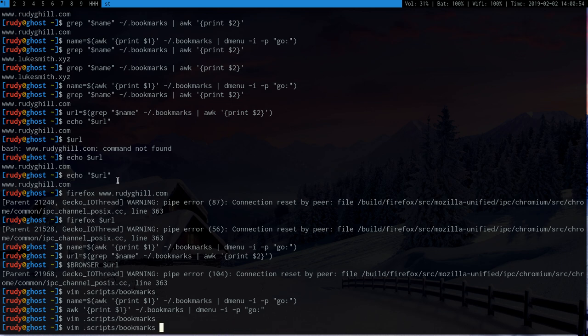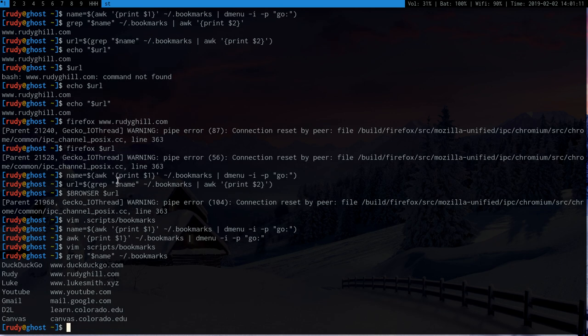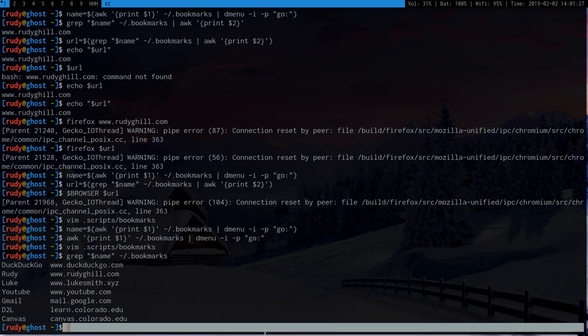So when we get URL, let's get rid of this so it doesn't assign anything. So we're gonna grep. So we grep name, and yeah, it returns everything, because name, like I did before in dmenu, was nothing. Remember up here, yeah, right here. There's nothing in name, and we can confirm that